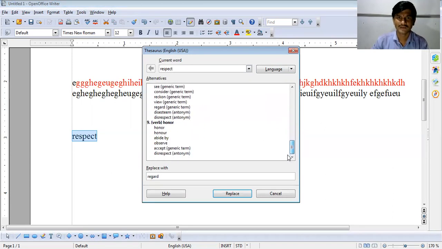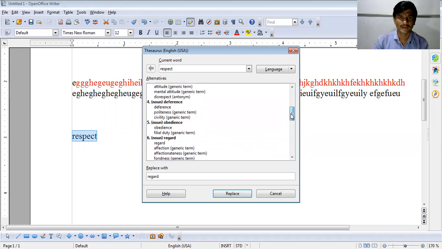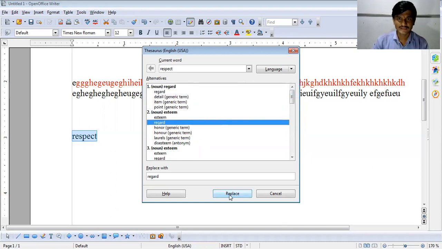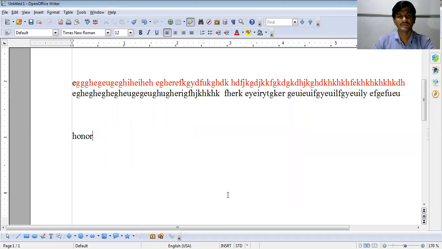Now downside, you will get different types of words related to this word. Okay, like this you can use. If you want to change it, you can change it. See, honor, you can replace it. It will become "honor." See, like this you can use this option for selecting different similar words and opposite words. Okay, I hope you understood this. Next, this is the same process. If you want to use it, it is given step by step here. Okay, I hope you understood this.